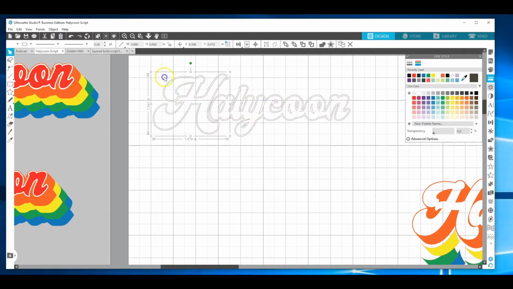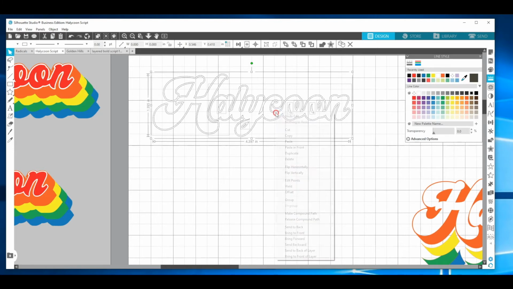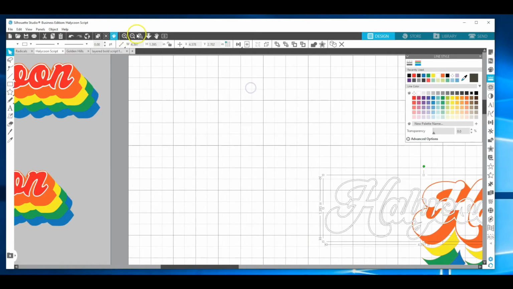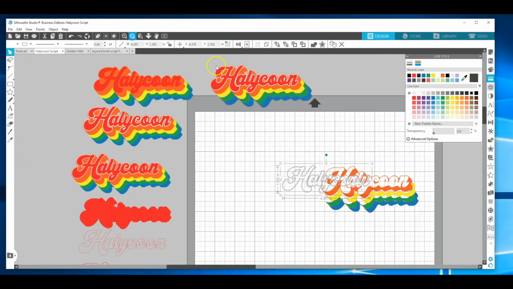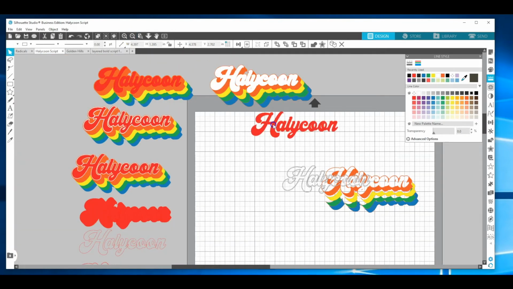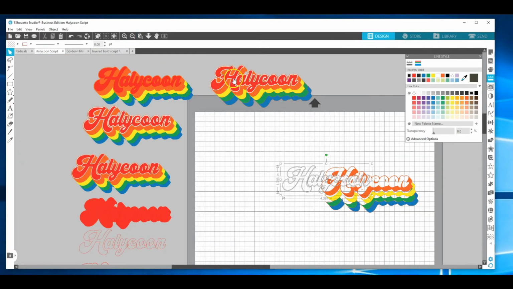I also could have just left the red one on there and cut it, and it would have cut out, but it's kind of nice to have each layer on its own. So go ahead and group that, set it aside, and then the top layer was the red one. It doesn't need to be changed at all. But I do want to duplicate, so I still have an original copy of the project. And then now